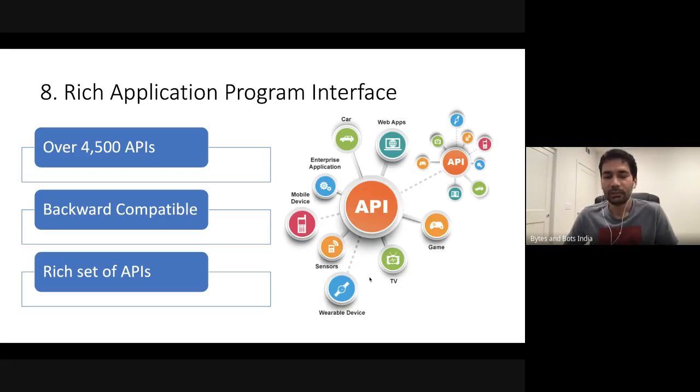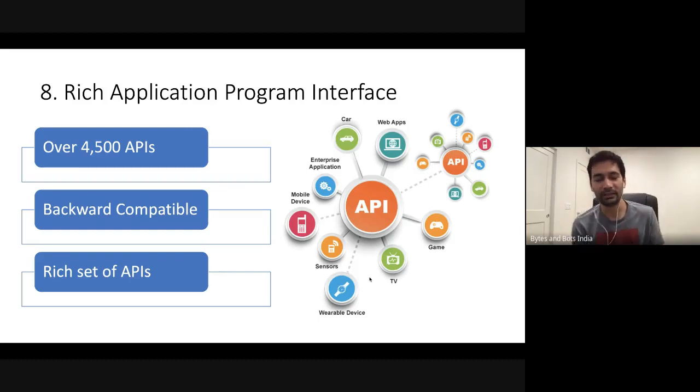These APIs are backward compatible. What I mean by that is, let's say today we write a program to control our car as an example, maybe car is the wrong example. Let's say we write a program to control our refrigerator, and then something changes, like an update happens, and that should not mean that we have to change our own program.